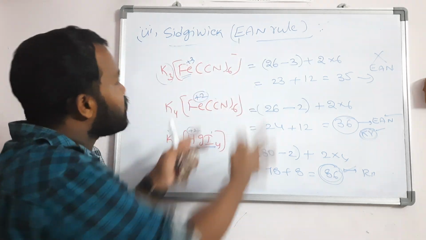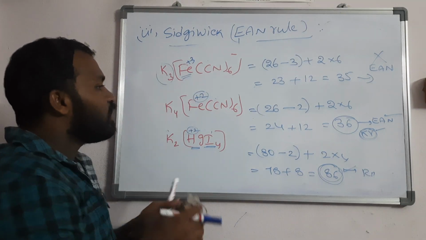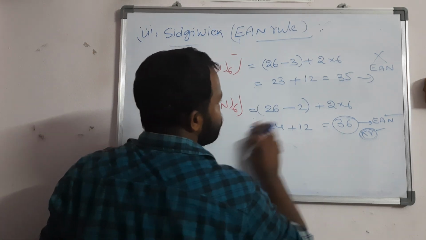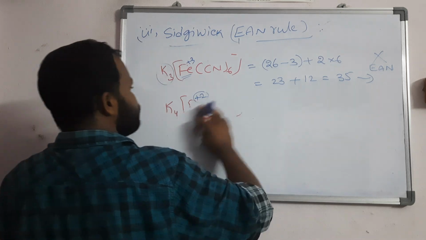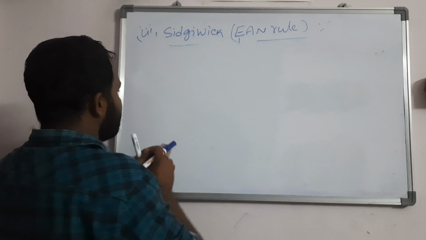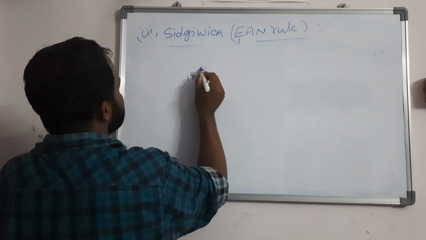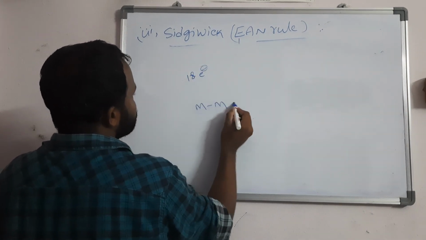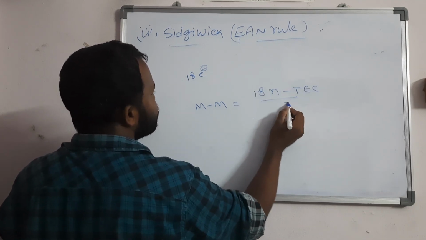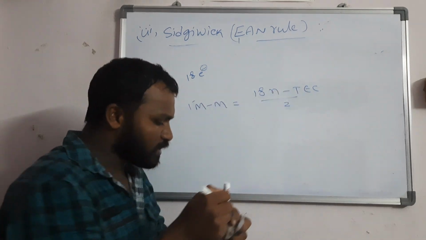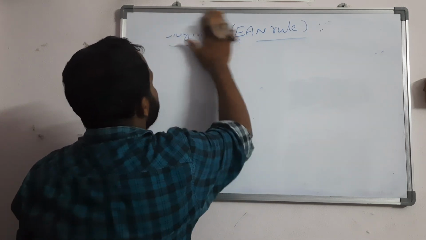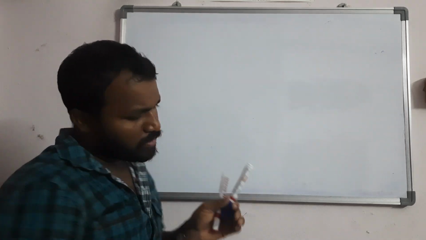Generally, an extension of this topic related to OMC is how to calculate the metal bonds and how to find out the 18 electron rule. We will discuss that as a separate concept. To find out the metal bonds, the formula is (18 n minus TEC, total electron count) by 2. This formula we will use. I will do a separate video for this topic because it is not required here. So in the next video we will discuss VBT and